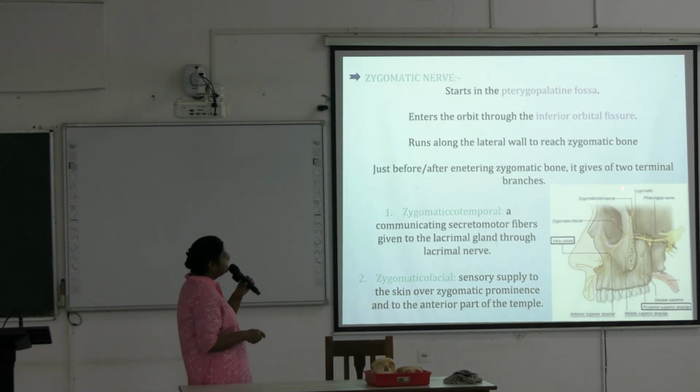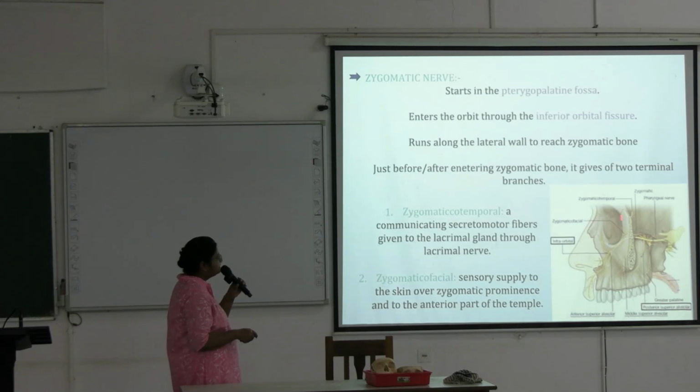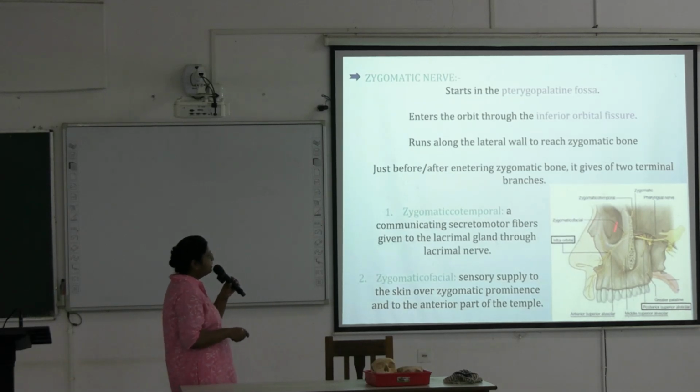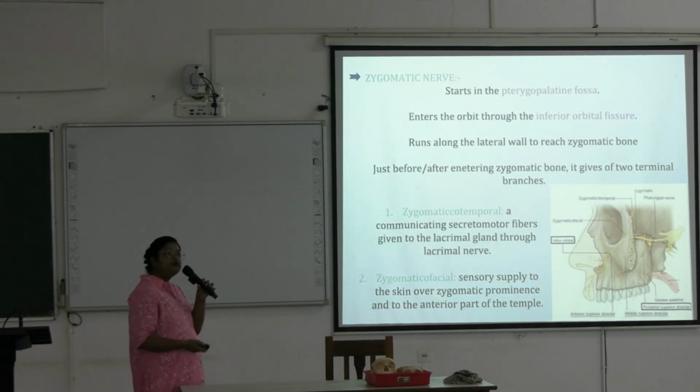In this region, zygomatico-temporal has been shown here, and here is the zygomatico-facial. These are the two divisions of the zygomatic branch. Okay, next,